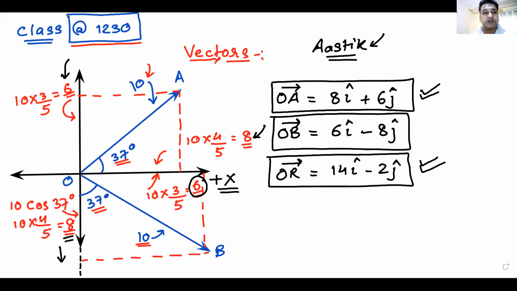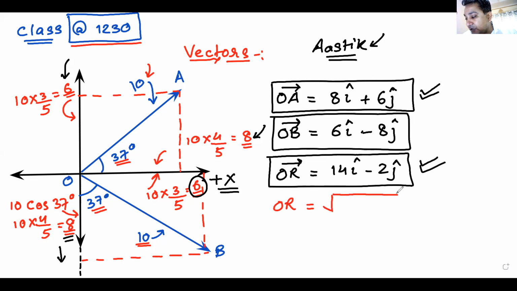That is the OR vector, but remember, your answer does not finish here. What is remaining to be done here? What should I do more to make it more informative, to make it more understandable? Yes, Karthik, I must find the value of the magnitude of OR. I will simply write it as OR. What will be the magnitude of this?